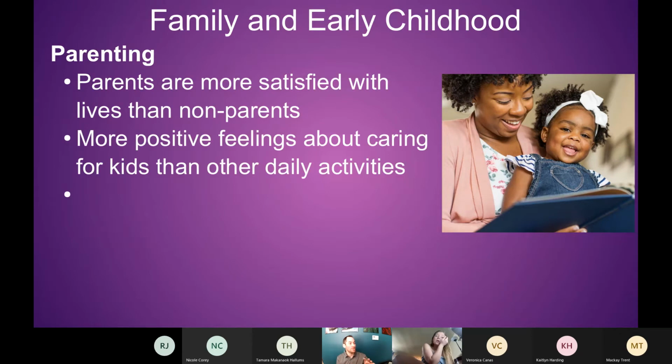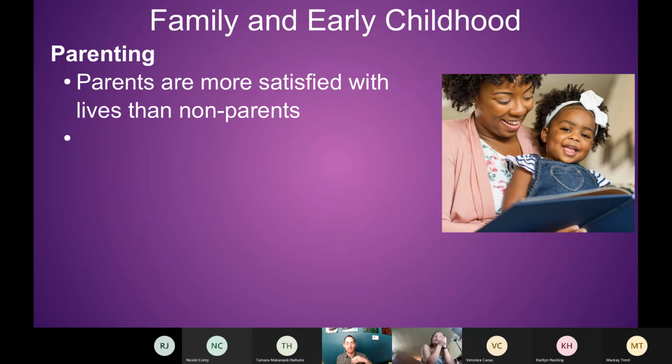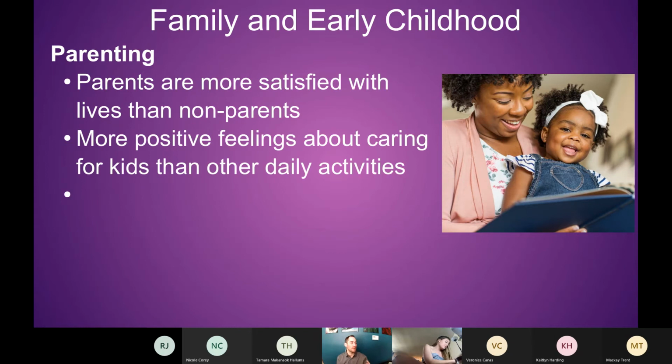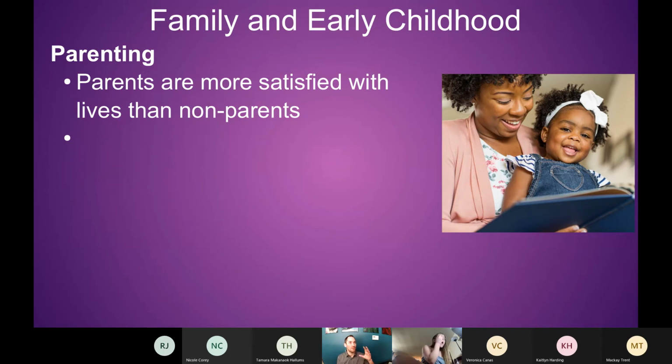So parents in general, on surveys, rate themselves as more satisfied with their lives than non-parents, so having higher well-being, that's eudaimonic well-being, so overall having goals for life, feeling good about the direction of their life, that they're reaching those goals, versus their day-to-day hedonic well-being. So like, do you today feel happy, your state of happiness tends to be more variable than